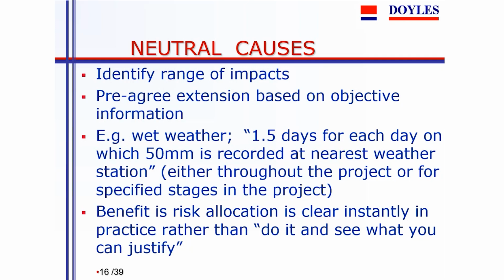And in the next job, he wouldn't even be able to learn from that experience and do a better estimate of the weather because it was fundamentally random. So it's important that you identify these neutral causes and say, well, whose risks are they? So if we go to the next slide,